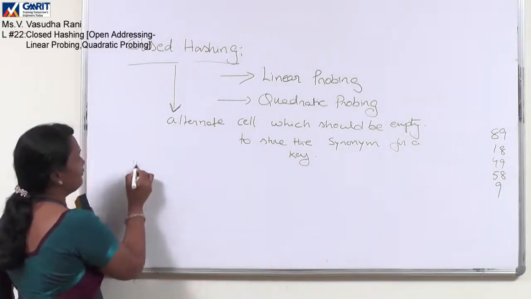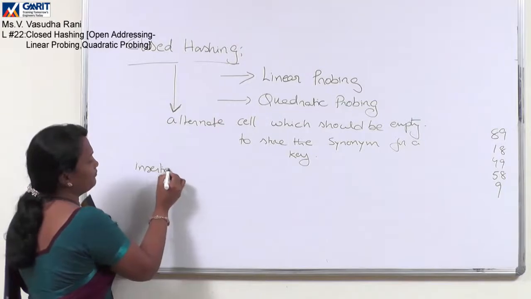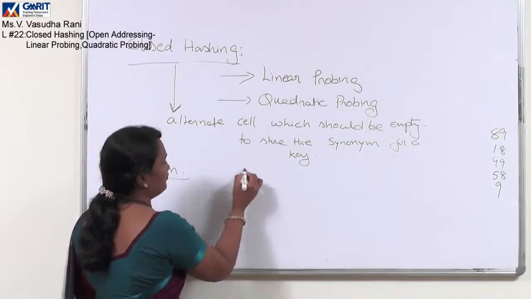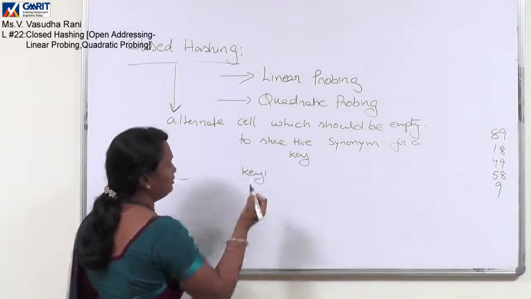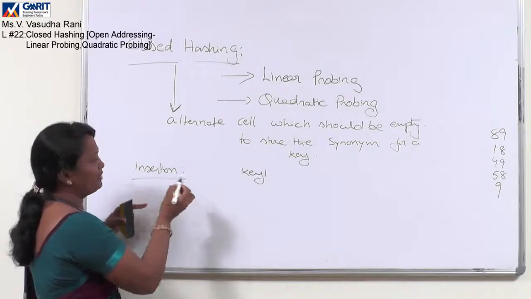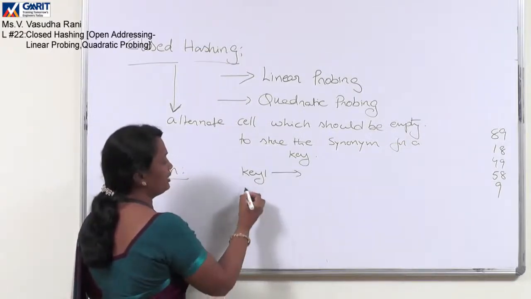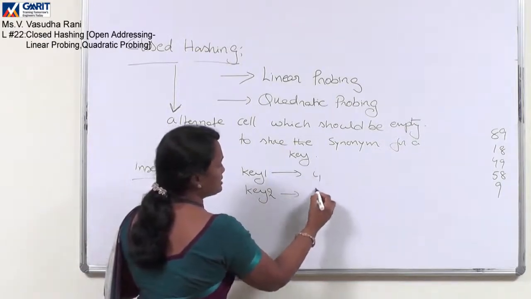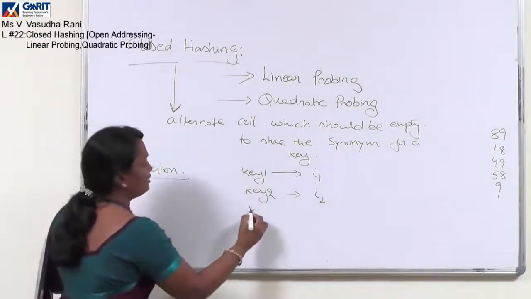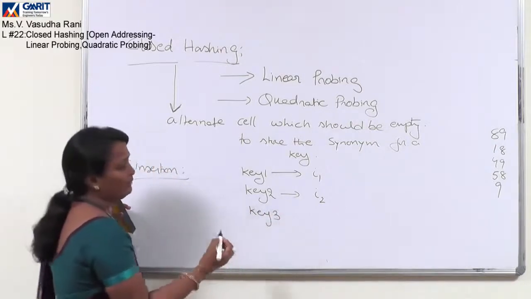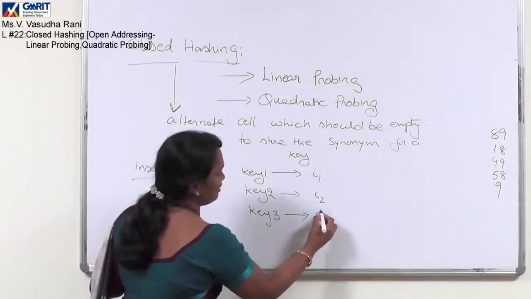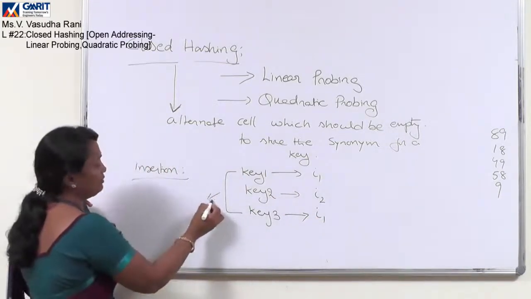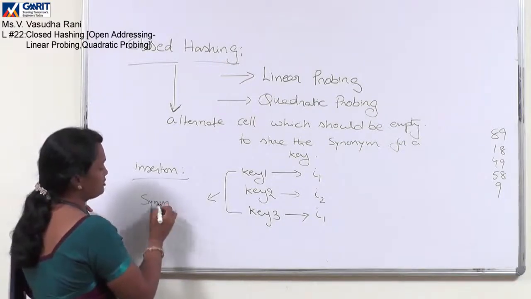It is the case that when you are performing insertion into a hash table, like we have taken key 1, key 1 is already inserted into the table and key 2 is already inserted, at particular indices I1, I2. Now if you get key 3 which also refers to the same index I1, then key 1 and key 3 are named as synonyms.